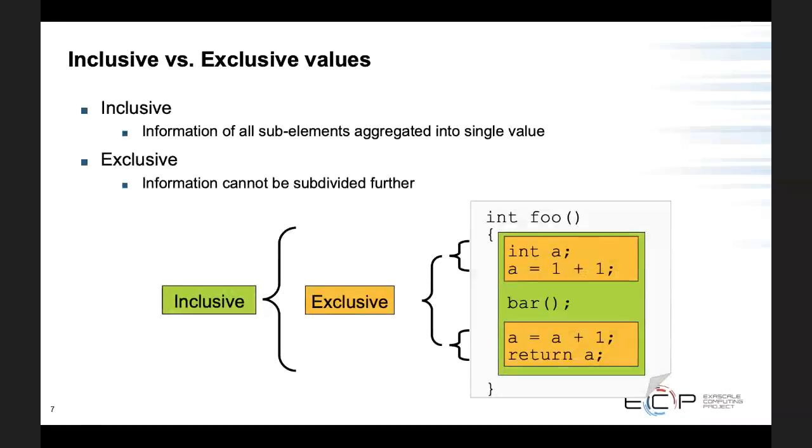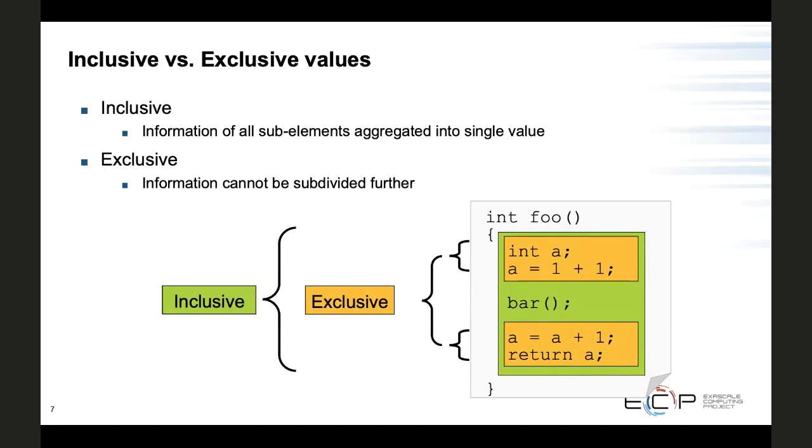And with profiling, you can generate both inclusive and exclusive values. So if you consider a function, say foo, which calls an instrumented function, say bar, and it takes, say, 100 seconds in foo and 20 seconds in bar, then the green part here in this figure shows you the total execution time in foo, which is 100 seconds, and the orange part represents the time spent exclusively in the function,